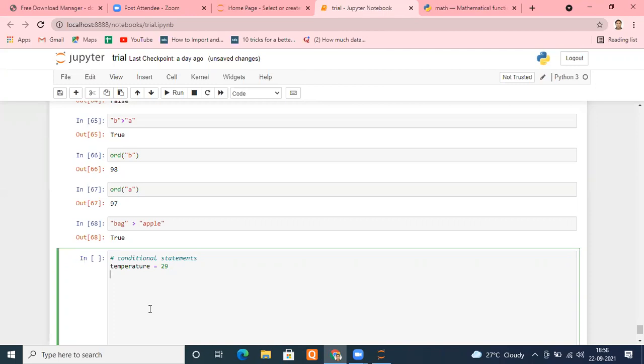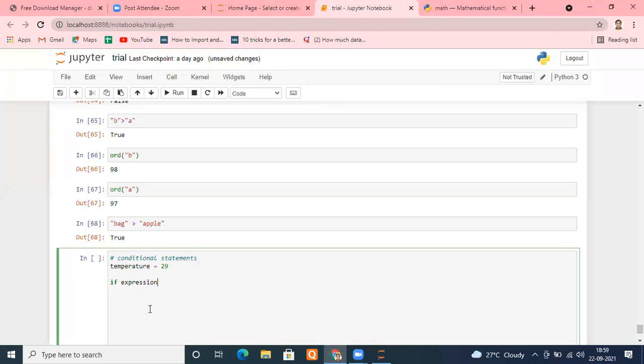So what we can do, see, understand. For that purpose, there's a statement known as the if statement. So you will type if. After if, you will write your expression which will result in Boolean values. I repeat once again, you will write that expression which will result in Boolean values, either true or false.